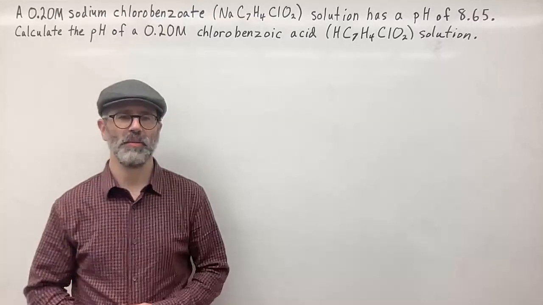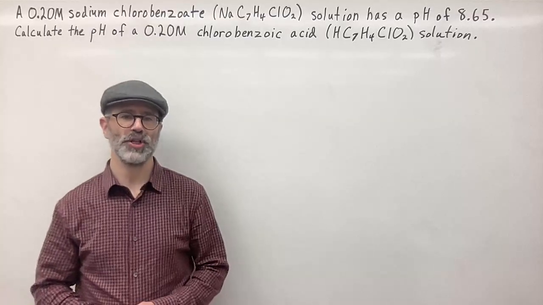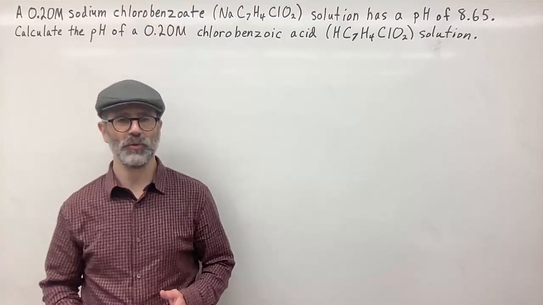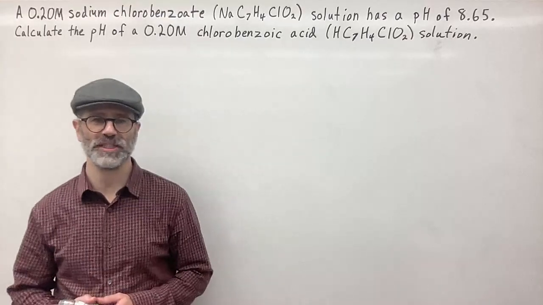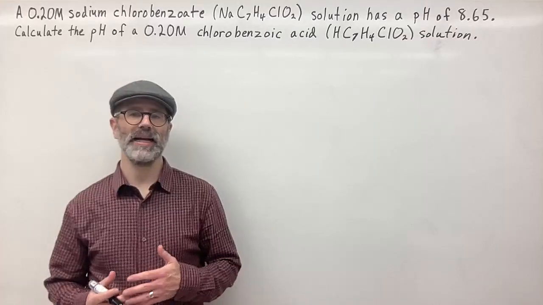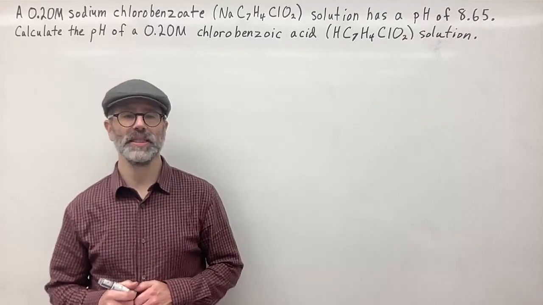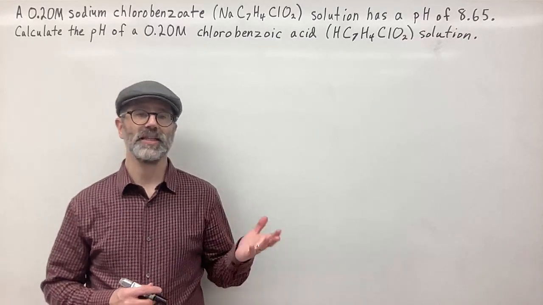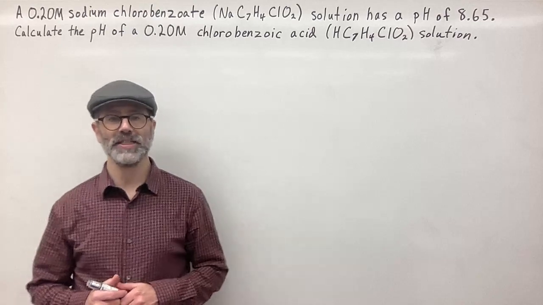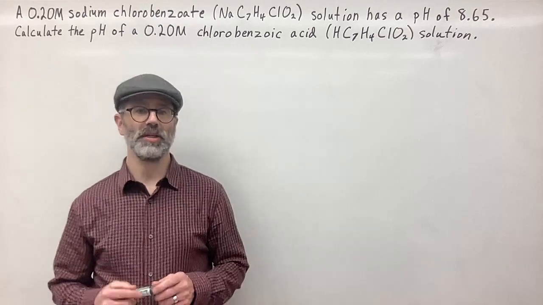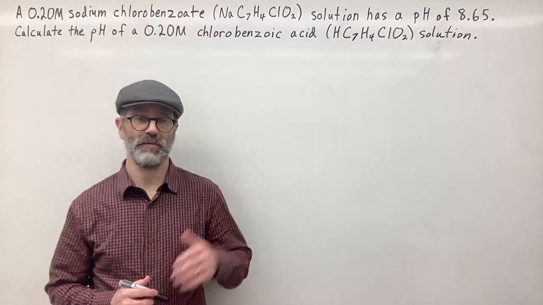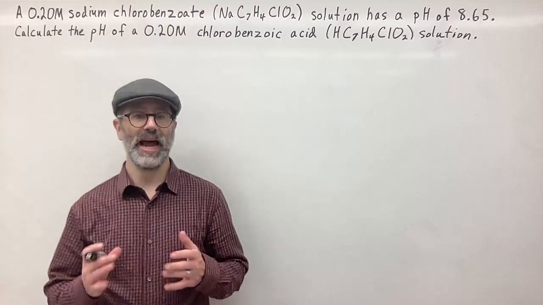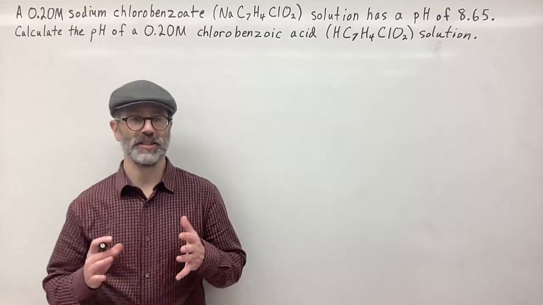Okay, so in this problem we have a 0.20 molar sodium chlorobenzoate solution. They give you the formula NaC7H4ClO2, and it has a pH of 8.65. Then they ask, calculate the pH of a 0.20 molar chlorobenzoic acid solution. And so here they're giving you the formula for the weak acid,